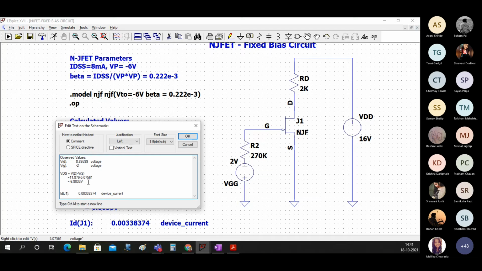VS is 0, so there is no point in looking at that value. So VDS is VD minus VS, which is 8.89599 minus 0, equal to 8.8959.